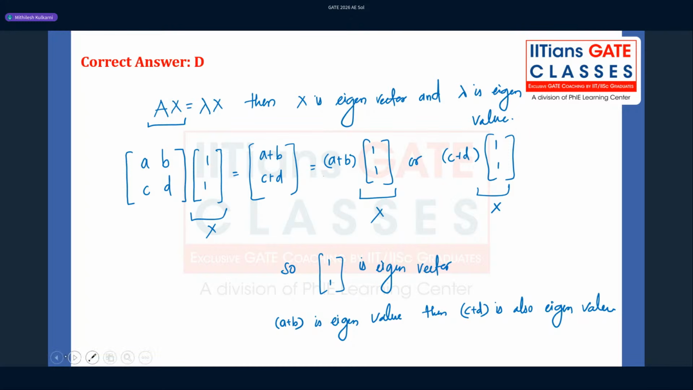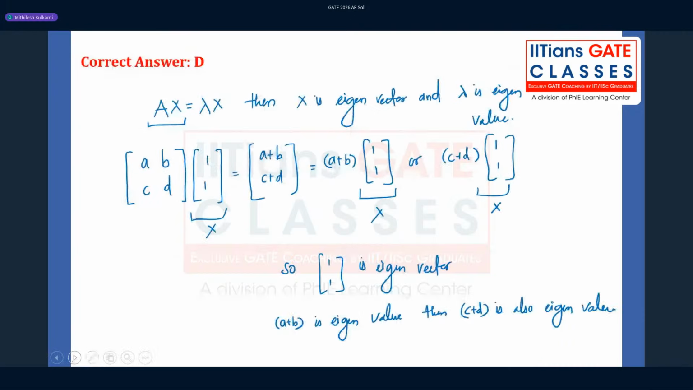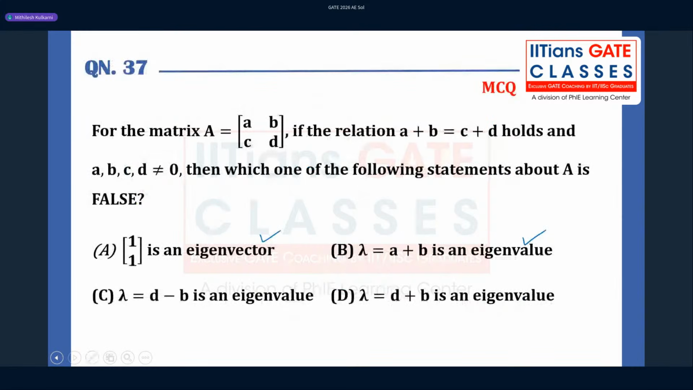So I can say that 1 1 is an eigenvector, yes, and as we said, this is a correct statement, and A plus B and C plus D are the eigenvalues. Okay, A plus B is an eigenvalue, C plus D is also an eigenvalue. C plus D option is not there. There are some other eigenvalues. D minus B. Okay,